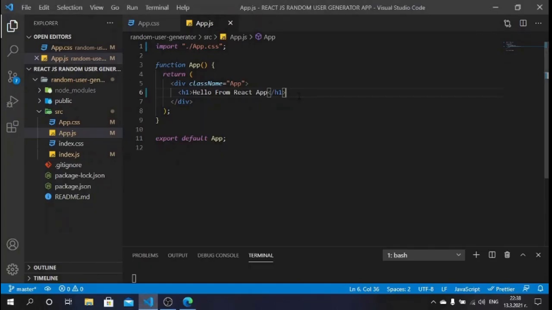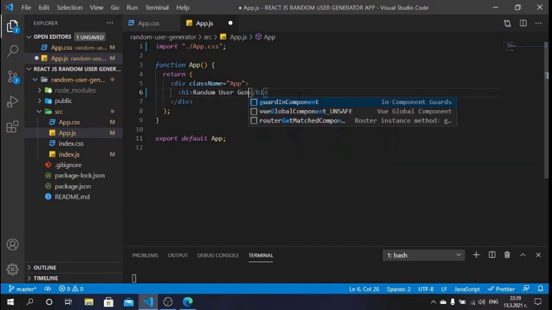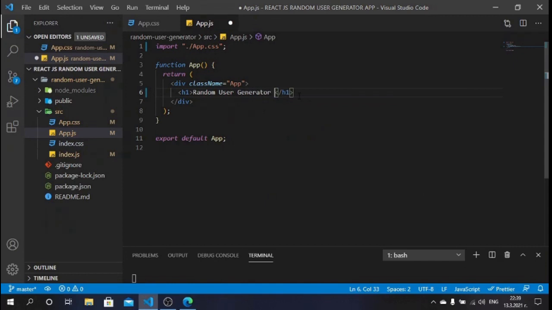So I will delete this, and inside the div with the class name of app, I will create an h1 which will say random user generator app, and below this we will have a button which I will create as a separate component